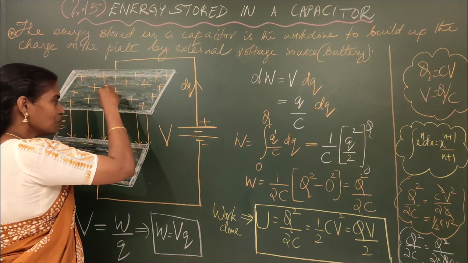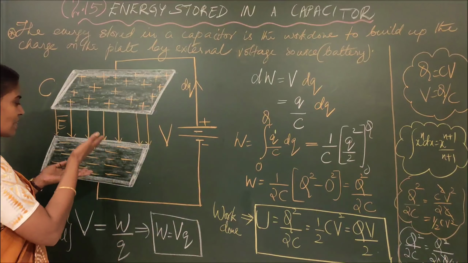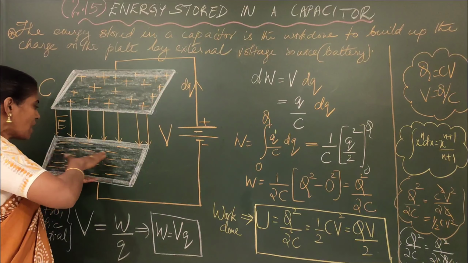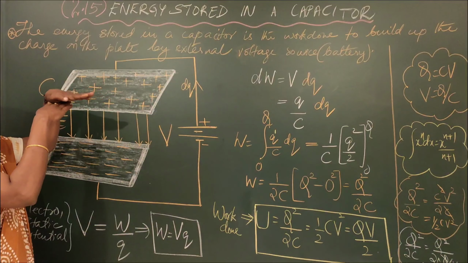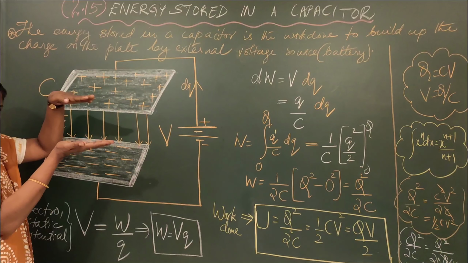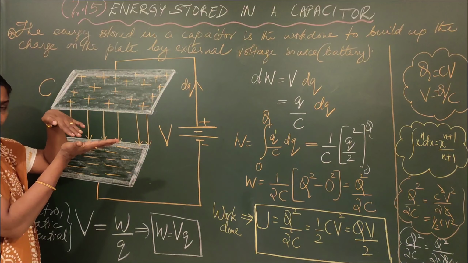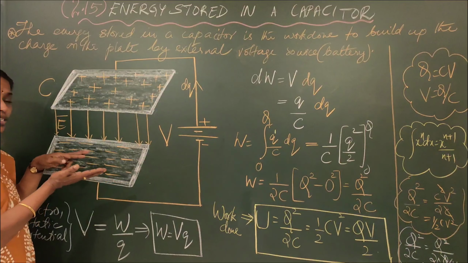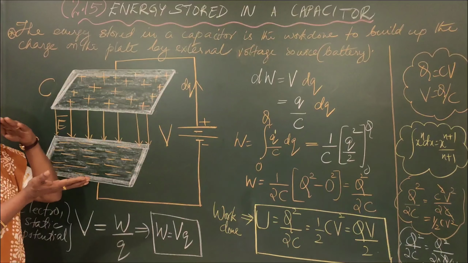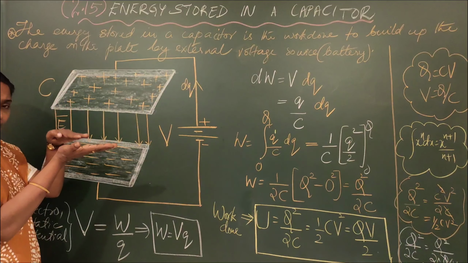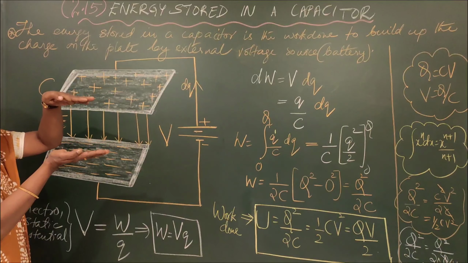As the upper plate gets a few positive charges, due to induction, induced charges are created for the second plate. So when this is getting positively charged, this is the lower plate. So the upper portion of the lower plate gets negatively charged due to induction. That we have come across in the first lesson of electrostatics, charging by induction. And at the same time the reverse side, the lower part, gets positively charged. So this is what happens.